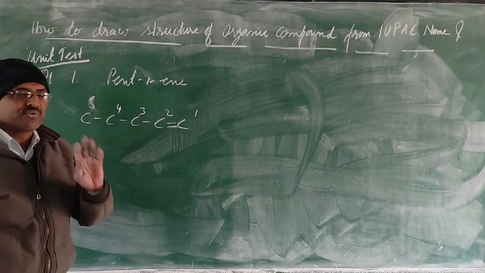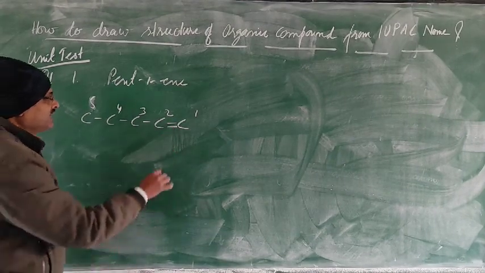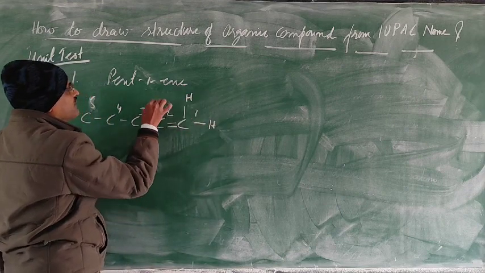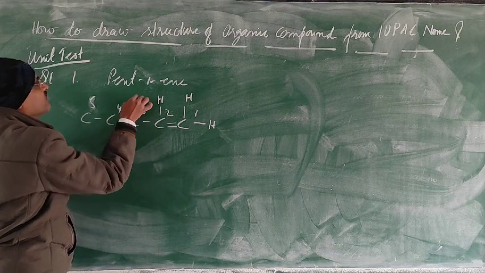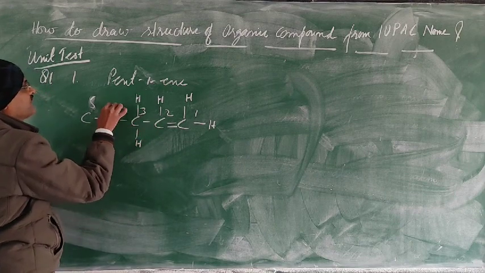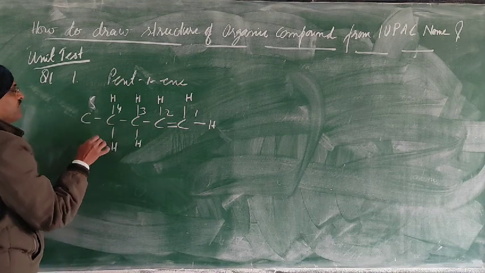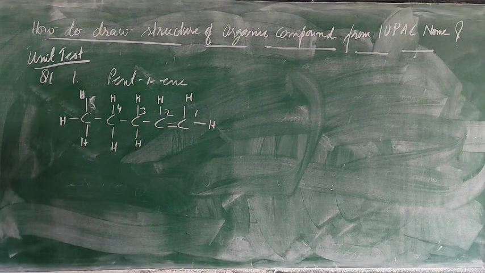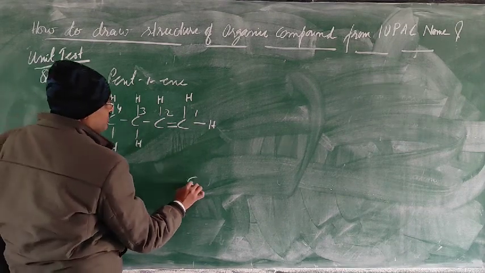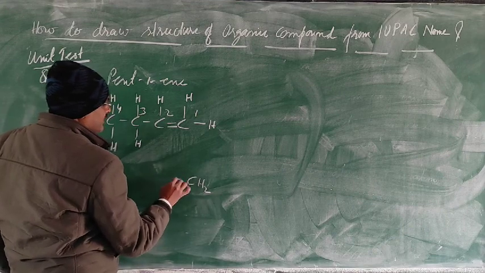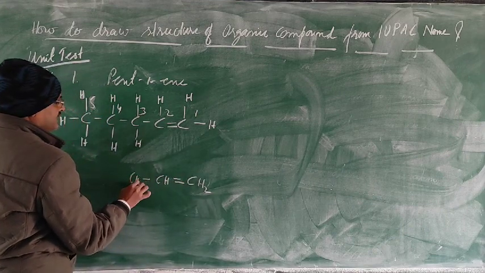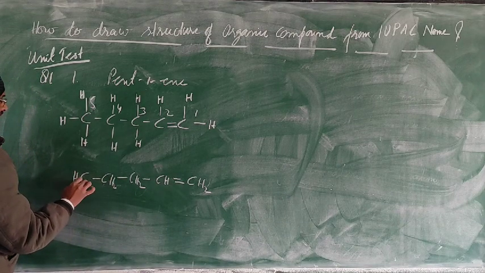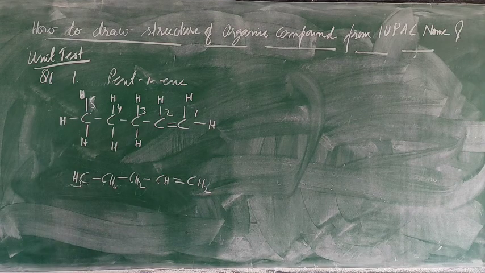The remaining valencies of carbon, you have to fill up with hydrogen atoms. As you know, carbon valency 4 is there, but here just see, 2 valencies are less, so 2 hydrogen atoms. Here 2 are occupied, 2 are left. Here 2 are occupied, 2 are left. Here 1 occupied, 3 are left. So like this we can leave it, and if you want you can write it in condensed form also, no problem. CH2=CH-CH2-CH2-CH3. But I suggest you can leave it like this, it is sufficient.